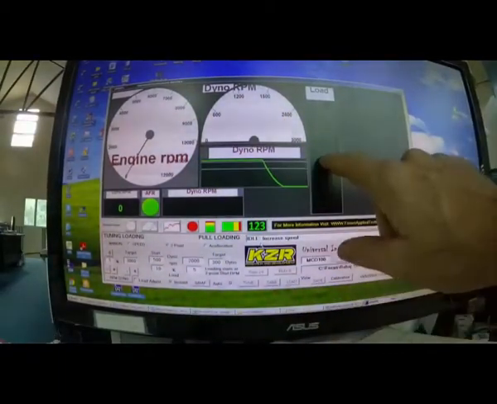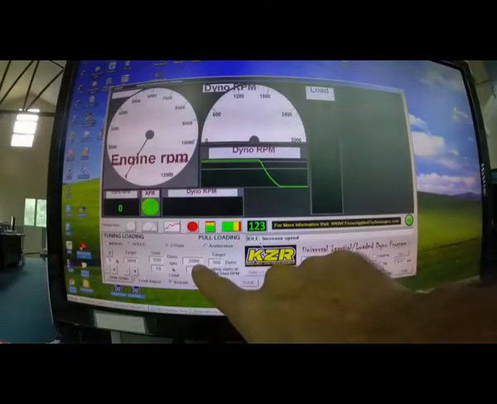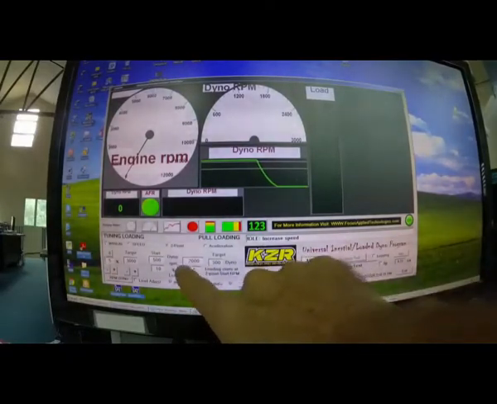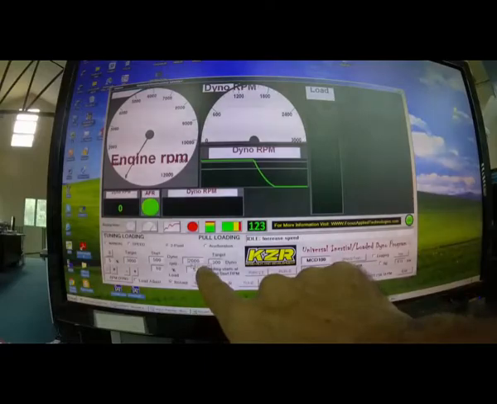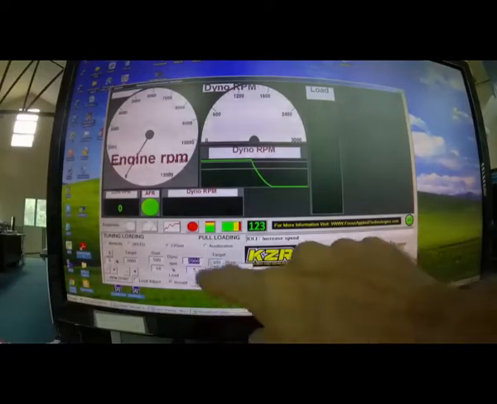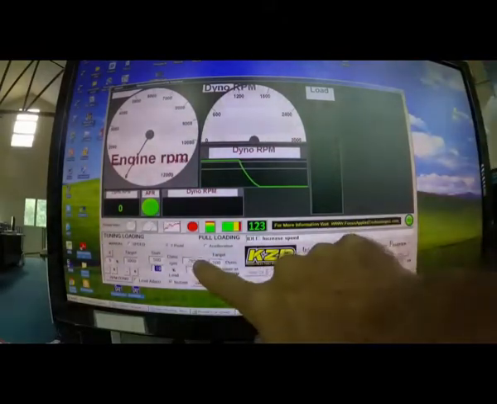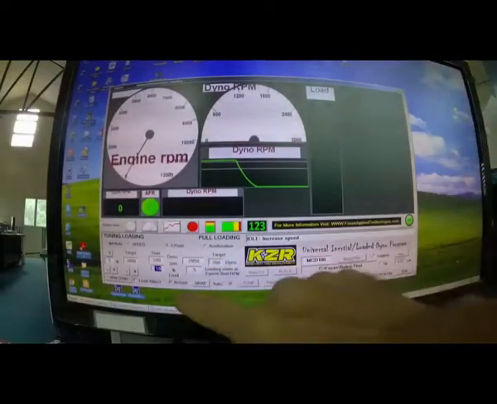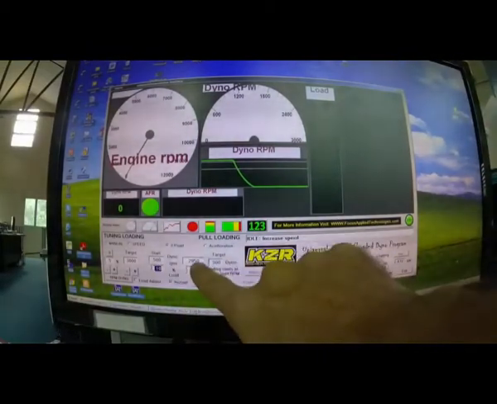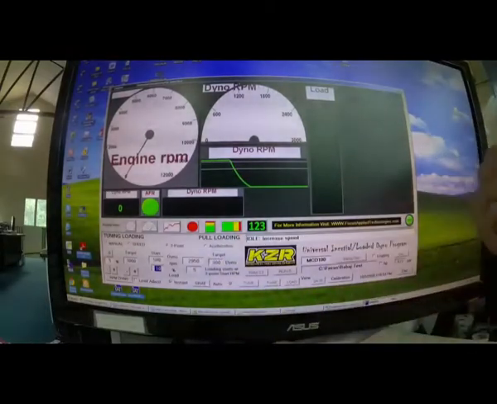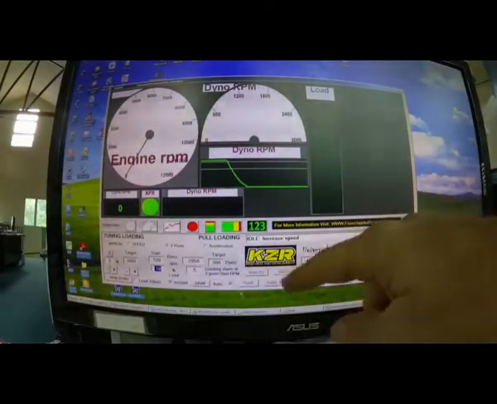So you'll notice the load will go up. And as I continue to increase, it's going to run up to 2,000 RPM. That's my stop speed. Well, 2,000 RPM is too low. Let's run it up to 2,900, 2,950. So you can just type that in. Now we're going to run to 2,950. So our loading will start at 500. It'll stop at 2,950. Now this guy spins up almost instantly because it's an electric motor, but you can see